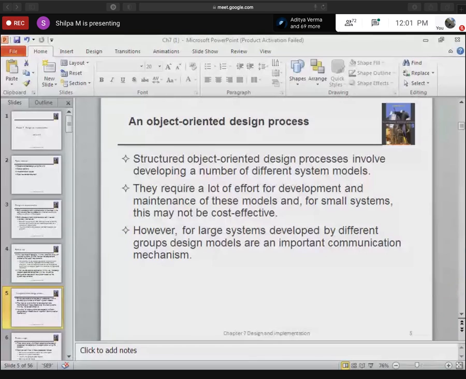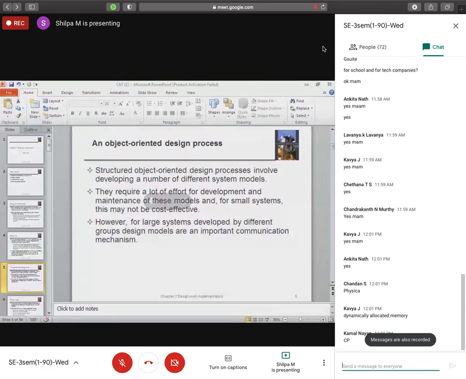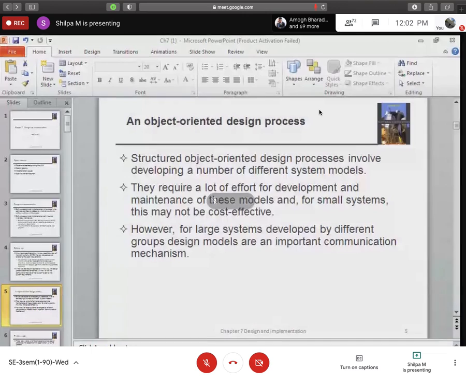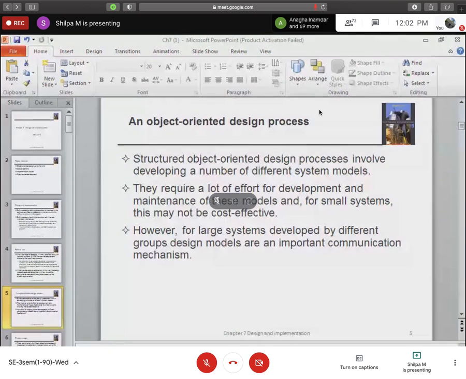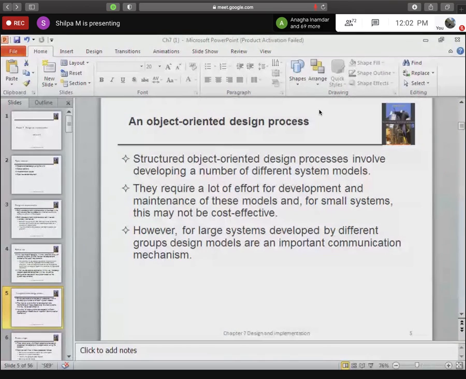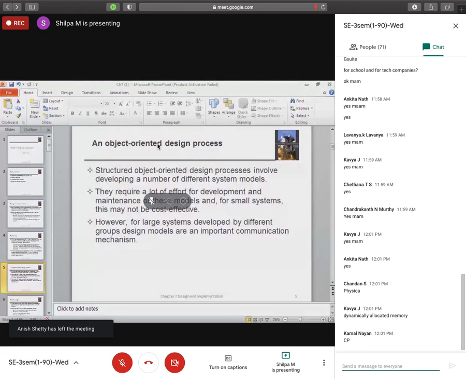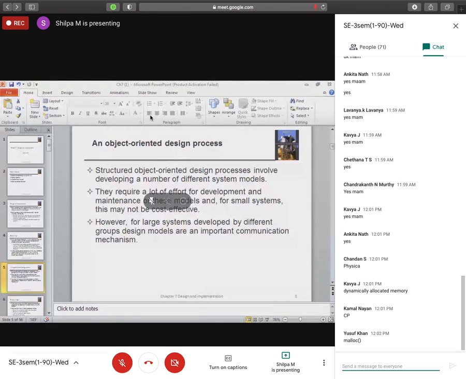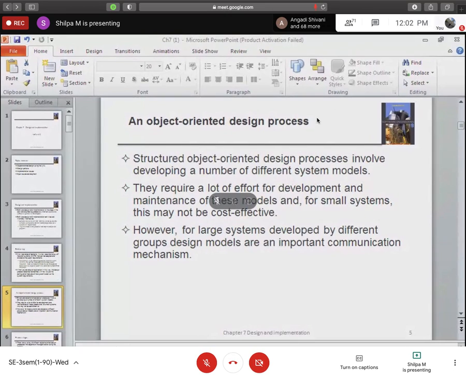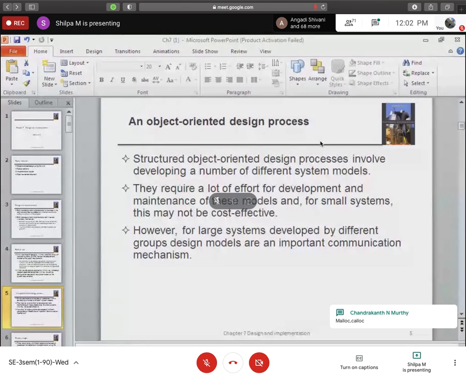I can give you examples. In C, in second semester you learned. Thank you so much, Kavya. Chandan, I don't know about physics, but I will say about C programming and what Kavya said, dynamically allocated memory. Yeah, what are dynamically allocated memory function calls? Don't tell me you don't know. In data structures first module, what you have is that only. Yeah, calloc and malloc. Right? Yeah, realloc. What does it mean?